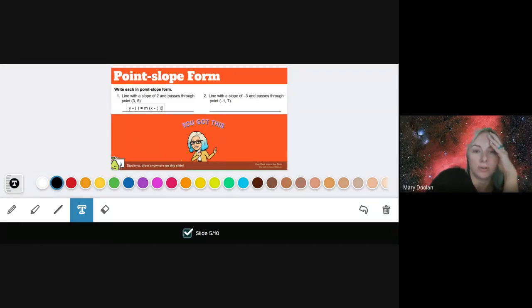The slope of 2 means that I'm going to take this m out and replace it with 2. If my point is 3, 5, that means my x is 3 and my y is 5. So 3 goes here, and then 5 goes here. All right. And now I don't really need all these extra parentheses. They're not wrong to leave them there, but just to show you that I did substitute those things in. So when you come over and you're going to try 2 now,